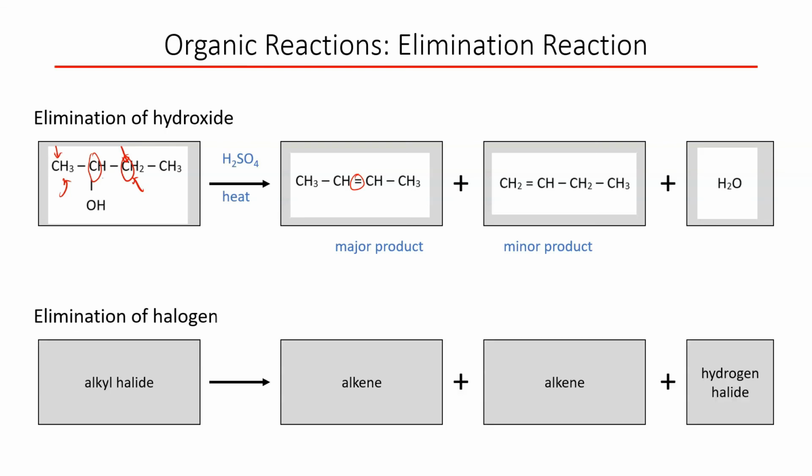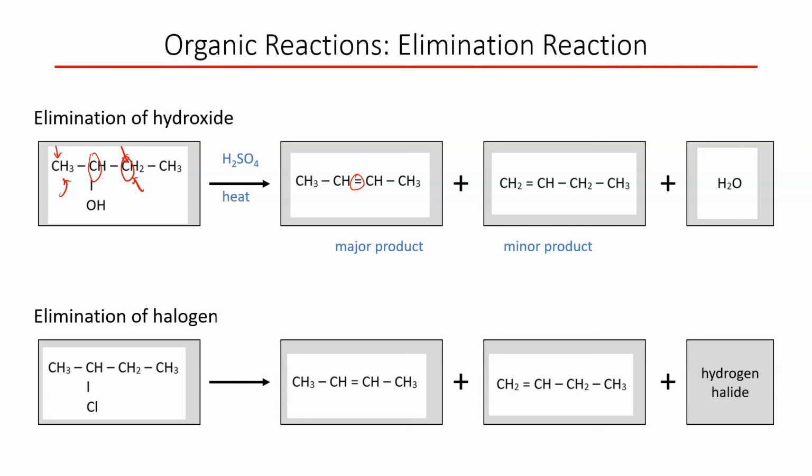If I want to remove a halogen, same thing, where I can get more than one product if the carbons on either side of the carbon with the halogen have different numbers of hydrogens. Again, a major product, a minor product, and this reaction would require a strong base to get the